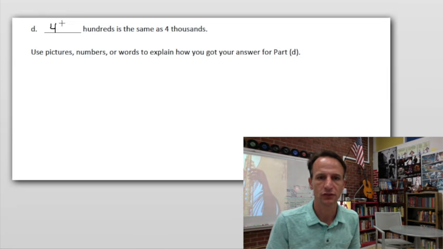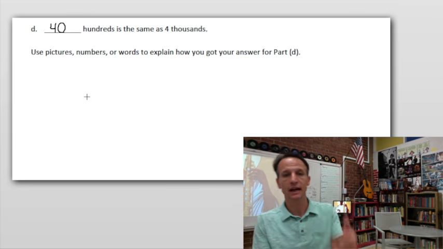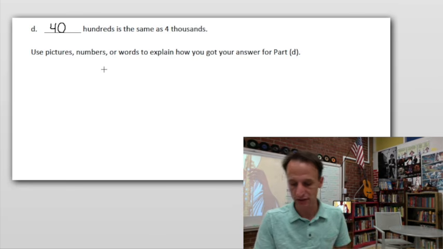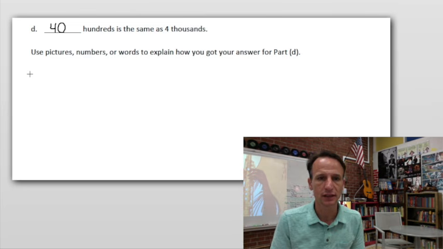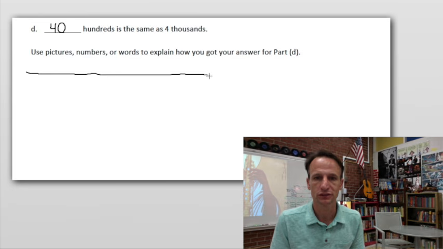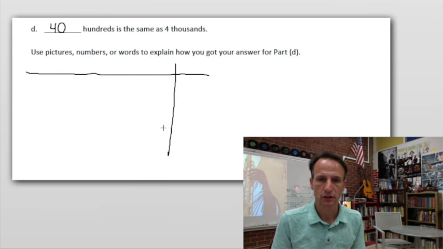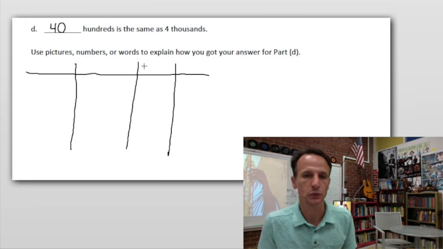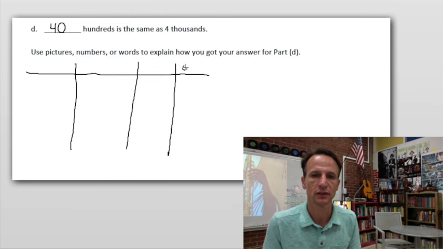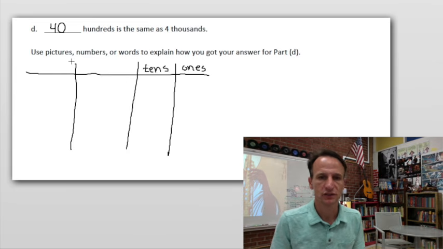And if you are not completely understanding that, when we do our little explanation here, it's going to show you exactly how. So here now we have to draw our own beautiful place value chart. And there's my ones and tens. I'm making my hundreds and thousands a little bigger because I know that's where the action is happening here. So ones, there'll be nothing in the ones and tens place, right? I'm not doing anything there on this one. Ones, tens,